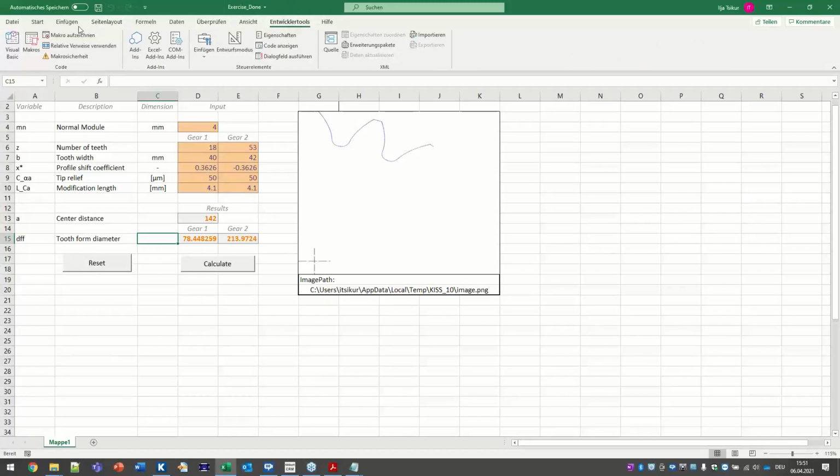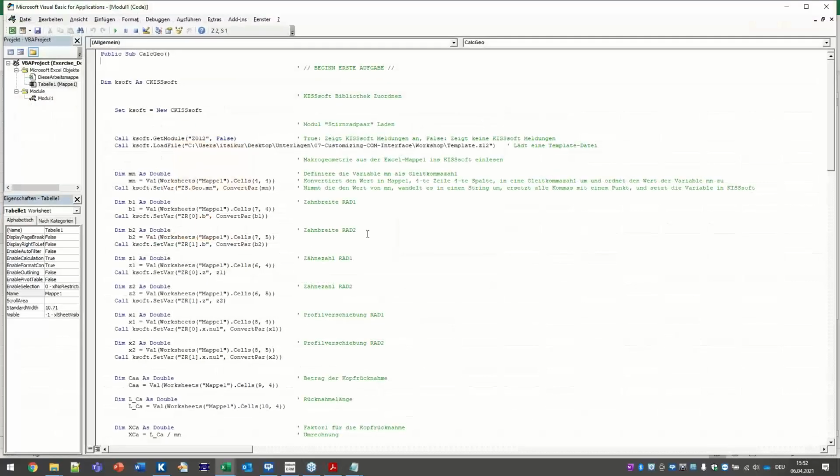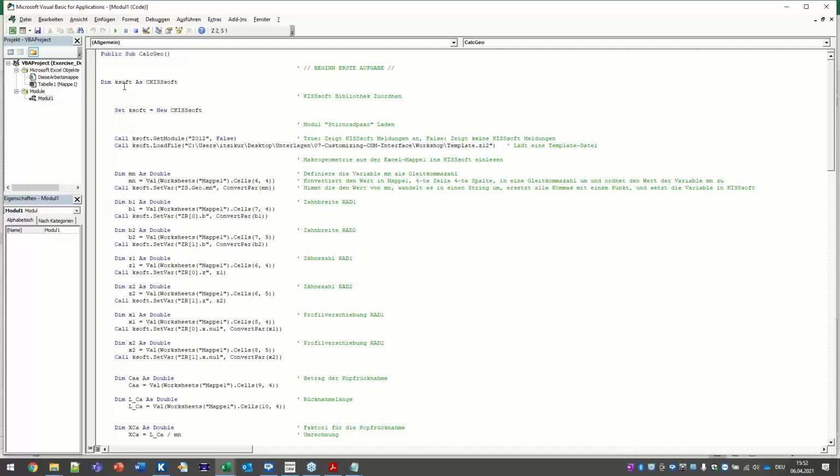For that, I open my macros. That's the advanced tools in Excel for programming, and it will open up Visual Basic. So once you have registered the COM server, it's all described in the manual and in the tutorial that I've provided you. You'll actually have the COM library available for you within Visual Basic. That means if you basically write, let me just show you. I will now write here in Visual Basic call KISSsoft, that's the library of KISSsoft, dot, and it will now